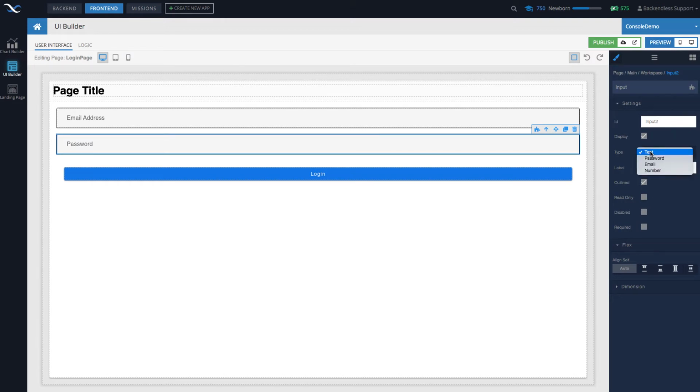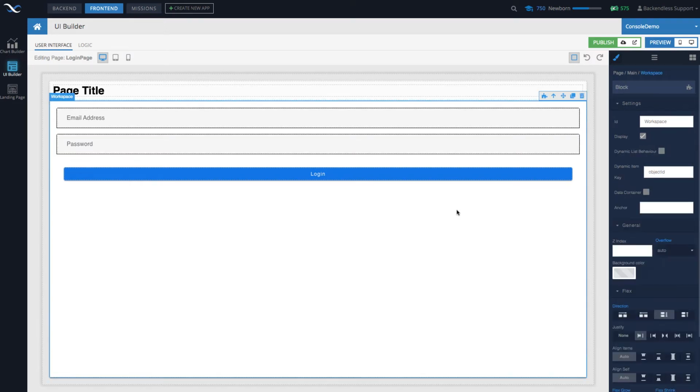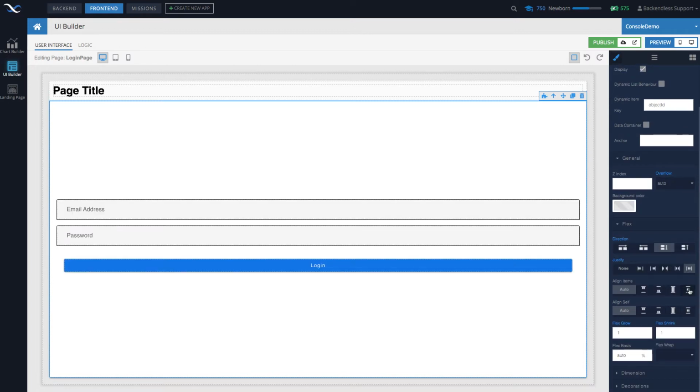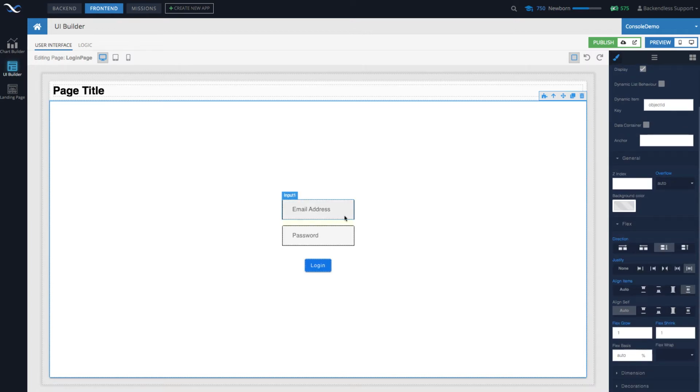And change the type to be password as well. So this is as simple as it gets for the login form. What you might want to do is to center the content if you'd like. It will look something like this. That will also work. The login with email address and password is perhaps the most simple because it requires only